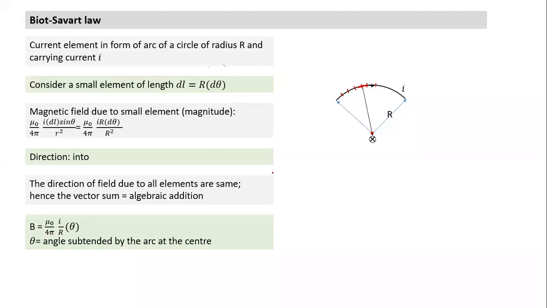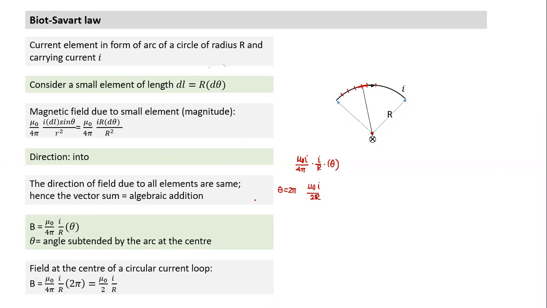The formula is pretty simple. Formula for a circular arc is equal to mu naught by 4 pi, I by r, into theta. Theta is the angle the arc of the current carrying circle makes. If theta is equal to 2 pi for a full circle, it becomes equal to mu naught I by 2r. Half a circle, half of this, quarter of one, all such cases. Finding the field, due to a circular arc, we can find the field only at the center, no other point. That's the only point we can find the field at.